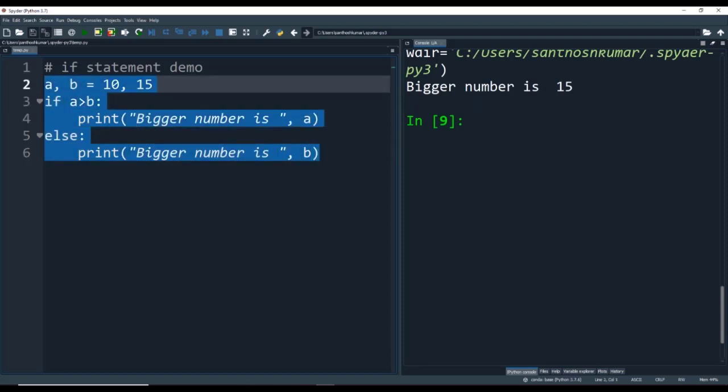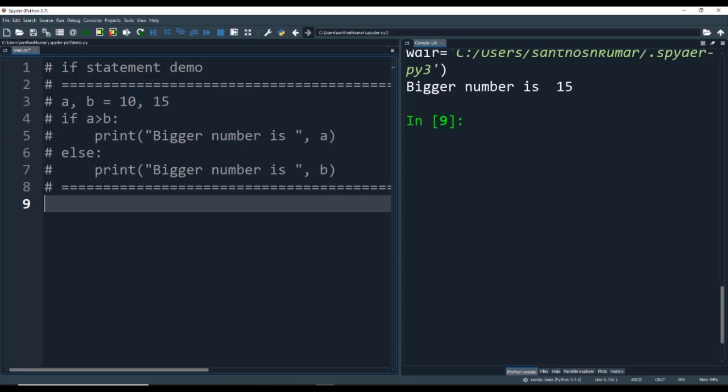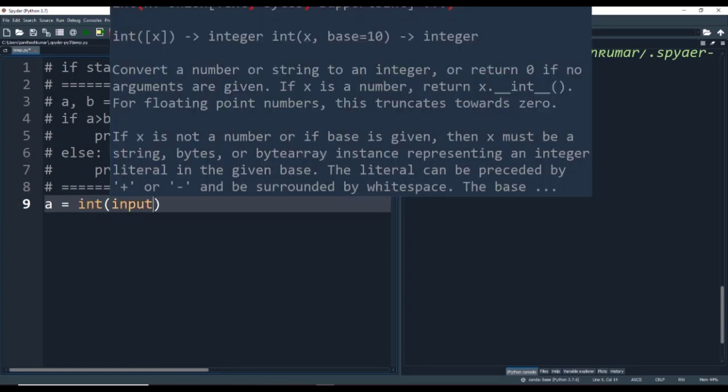Next, what I will do is get the inputs from the user and then use that input in an if and else if statement. So I will create a variable a, and then I will get the input from the user.